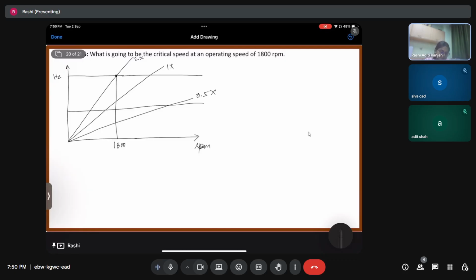And then we see upon making these slanting lines of 0.5x, 1x, and 2x, that wherever this slanting line is matching with the natural frequency, any nth natural frequency, whichever rotating speed we are getting at that point, we are going to avoid it at any cost in order to reduce the vibration or to prevent any kind of catastrophic failure. Because if you'll see